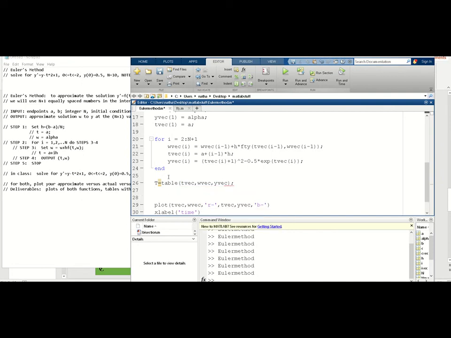And how do we do this? So then we're going to write table. Is that what it was? Oh, it did. t and then a file name of Euler solution output, I don't know,